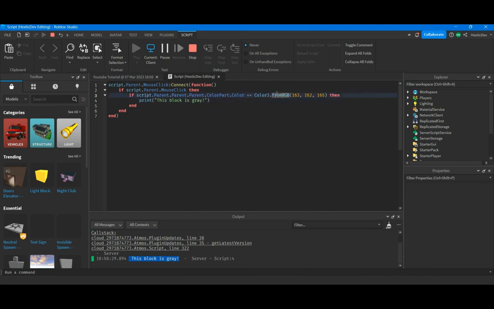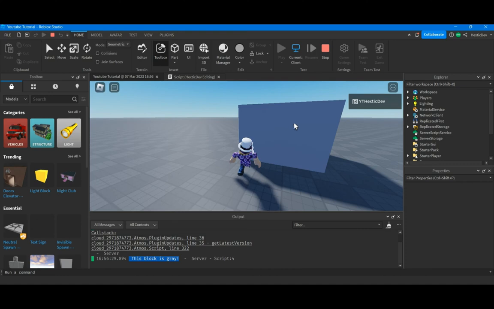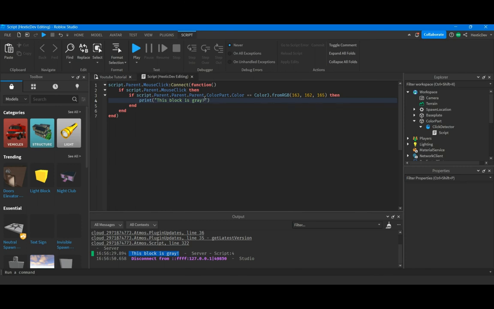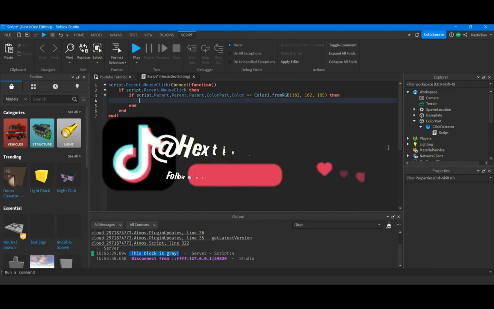So instead of new, which I understood from the beginning means you want a new color, this is your from, meaning your original color, like what color you have here. So we can go ahead and press stop. And then anyways, so now that we know that works, what we can do is, now that we know that if script.parent.parent.parent.color equals Color3.fromRGB, and then you do 163, 162, 165, then